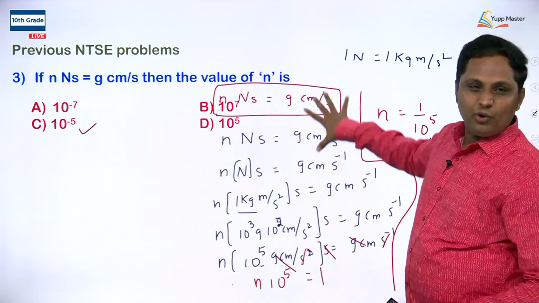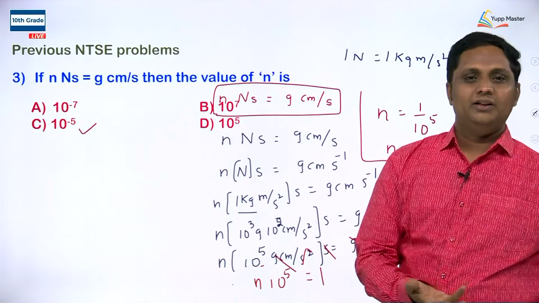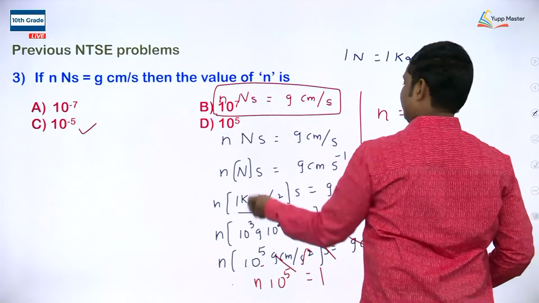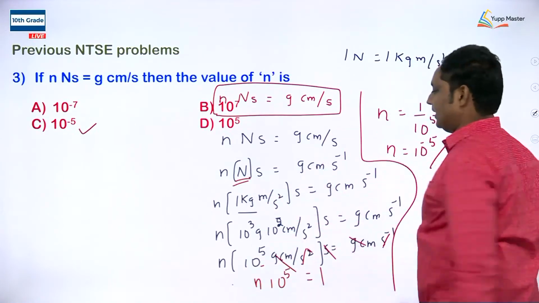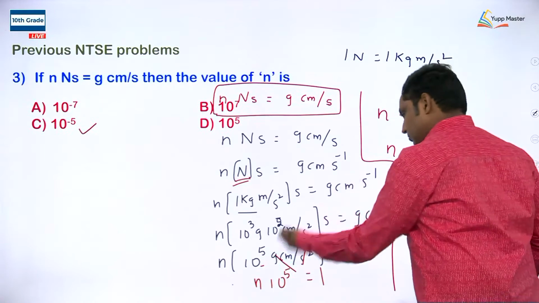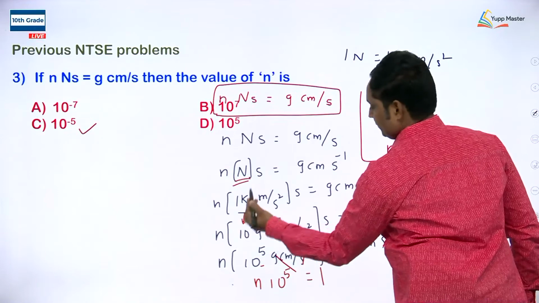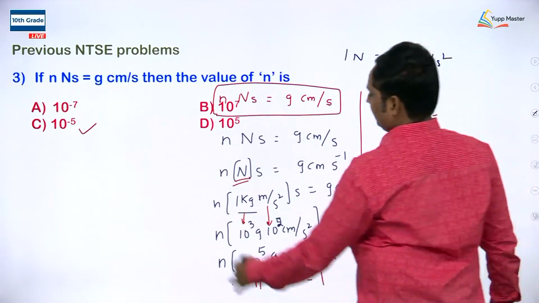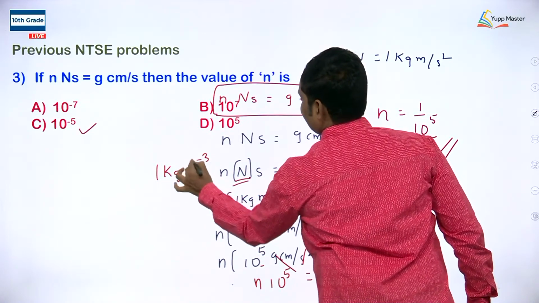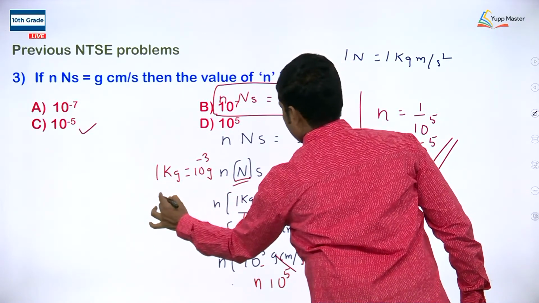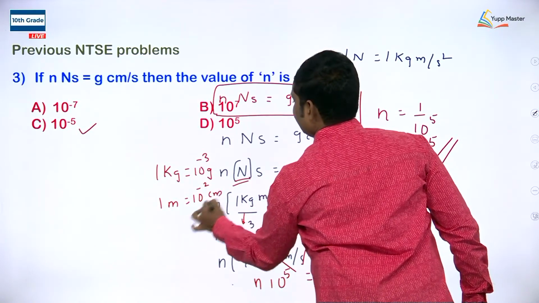Very quickly you can solve the problem, easily you have to get that. In entrance examination, time is very important. So, within short period, just you have to take the equation and substitute, just instead of n you have to write, on both sides you have to get the calculations and also cancel the terms. How it is going to be substituted? Very simple, you know, 1 kg is equal to 10 power 3 grams, 1 meter, that is equal to 10 power 2 centimeter.